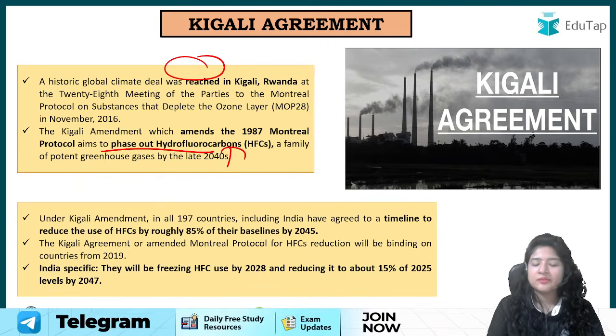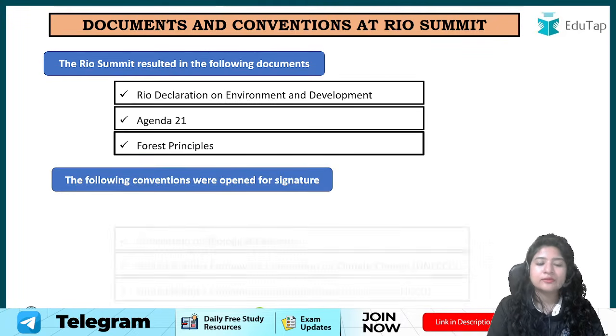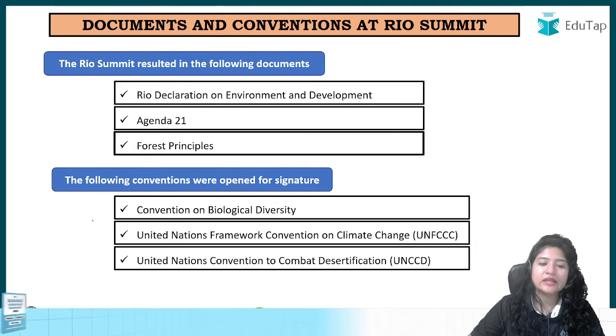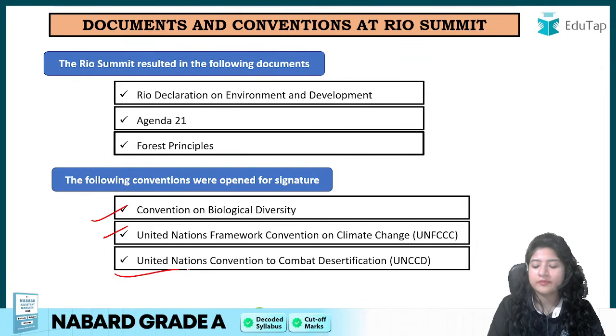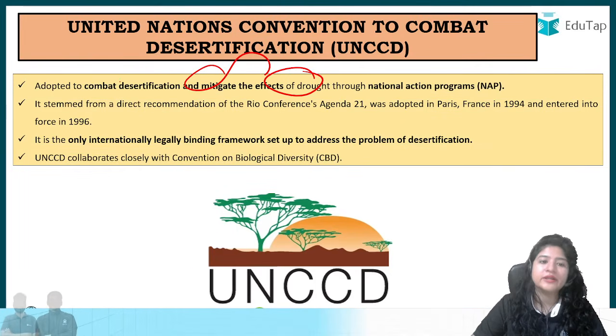तो किगाली एग्रीमेंट में then it was expected कि we have to now we have to phase out gradually HFCs also now, ठीक है. तो these some documents, some conventions that we have seen, ठीक है. तो ये दो हमने देख लिए. Lastly we have what, lastly we have combat desertification की भी है. So in this what is, that is to mitigate the effects of drought, मतलब सूखा ना पड़े, right?